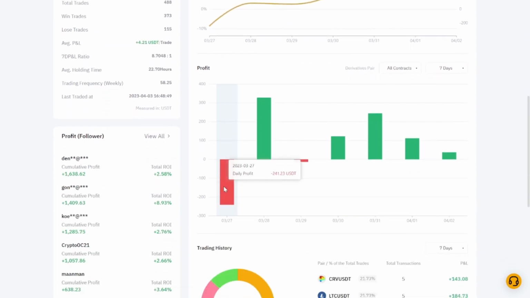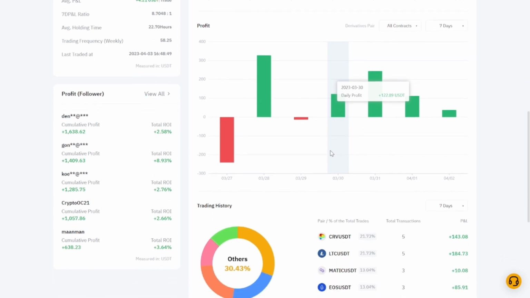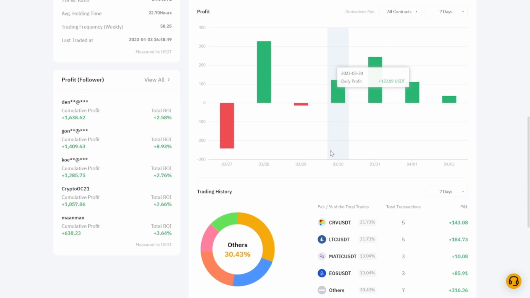So he has this $241 loss, and he has $327.95 in a single day, and he has this, let's say, $14 loss, and the next day he has $120. This guy has relatively good performance over 7 days, and you remember I chose to find someone that has been performing for like 90 days, so you will know that this guy is not lucky, he actually knows